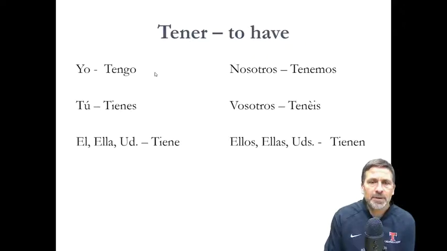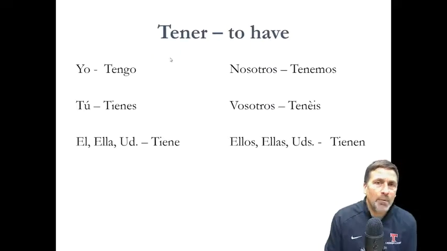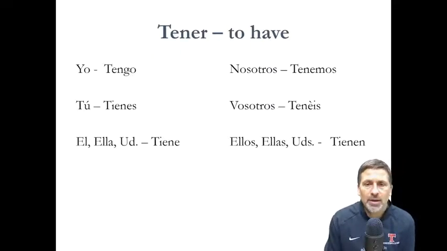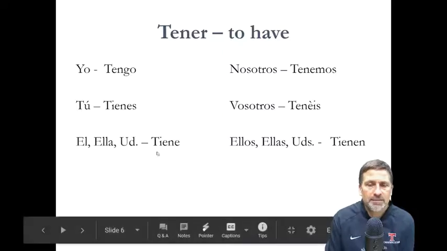Okay, next verb is tener. We learned this in Spanish 1. I have, or I am, 15 years old. Yo tengo 15 años. So let's look at why it's irregular. Okay, in the yo form, I have to add a G. Yo tengo. And it's for pronunciation purposes. Yo tengo 49 años. Okay? And then look here in the tú form, the E changes to an IE in all forms except for the nosotros and vosotros. It's a shoe verb.